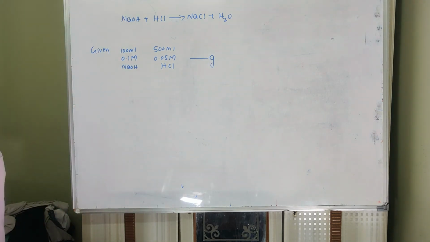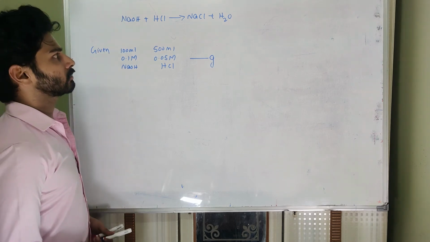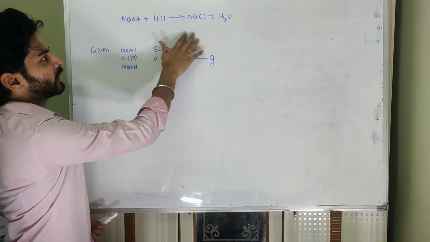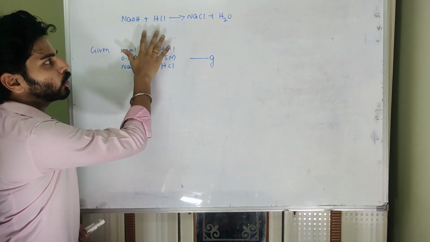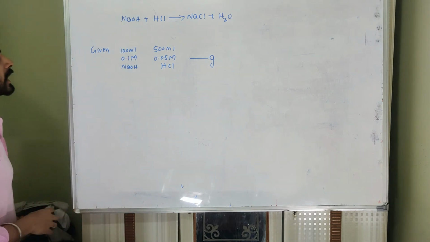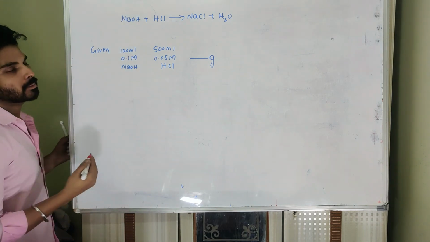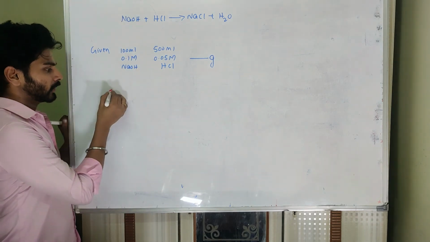So stoichiometric calculations are involved in this. This is what is called volumetric analysis. Here we are not using a mass to mass ratio or a volume to mass ratio. Here we are using solutions, so this is called volumetric analysis. The rest is the same. We have to convert them into mole, gram, mass. But how can we convert this into mole, gram, mass? So get the formula.